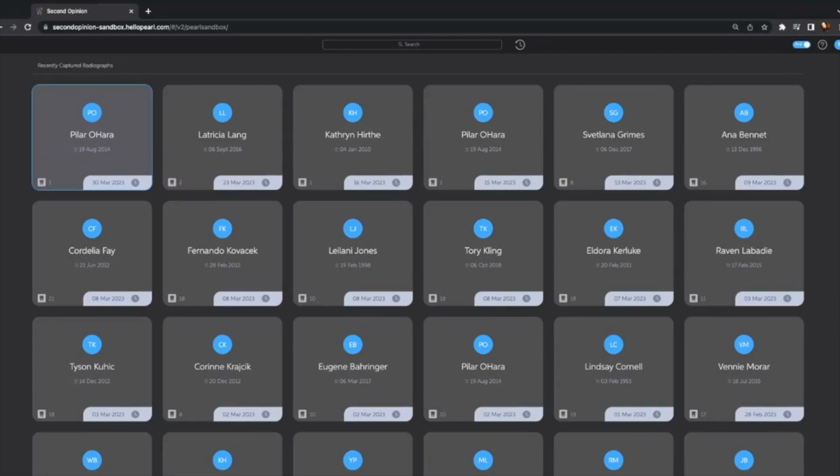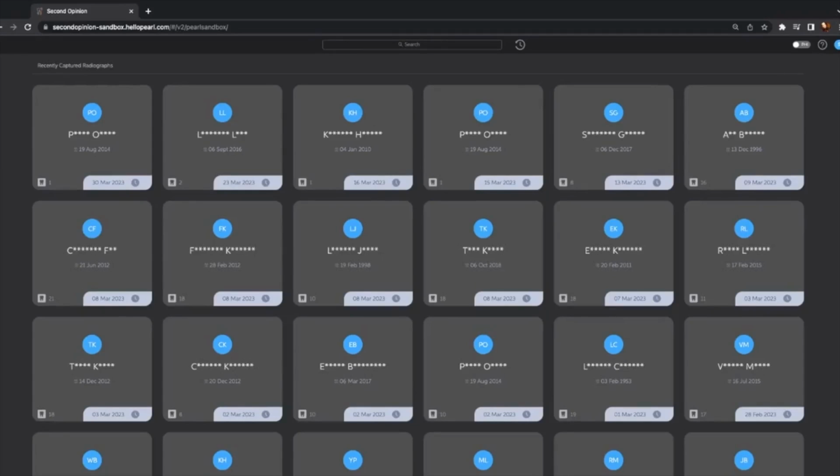Not a worry. We also added a PHI button located in the top right corner. When you toggle the PHI button off, it'll hide the names of all of the patients on the homepage. Now reviewing, we can see that only the first and last initial is showing, unless we hover the cursor over it, and then we can take a sneak peek to confirm that the patient in the radiograph is the patient in the chair.